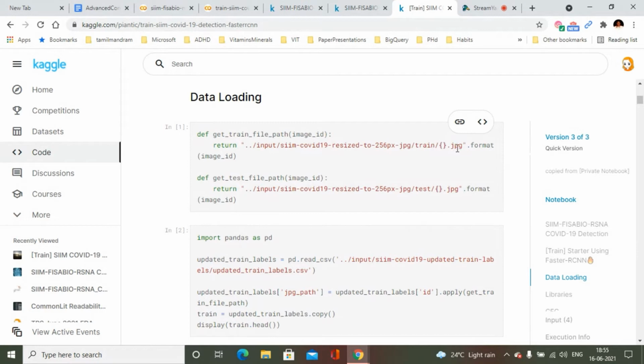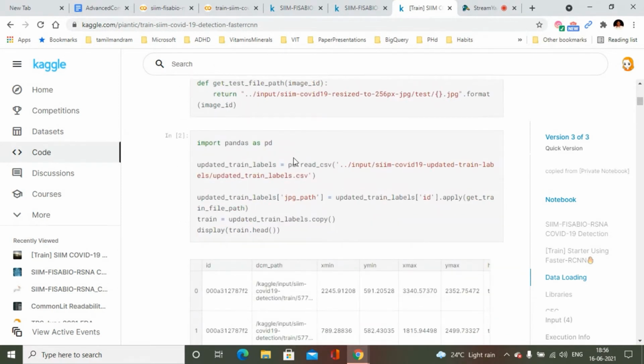Given an image ID, this particular function will return the path where the image is present. There are two utility functions, one for retrieving the train data files and the other for retrieving the test data files. Now I'm going to import pandas and read the CSV file.